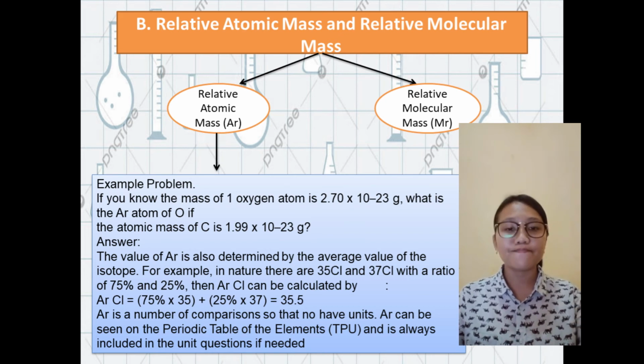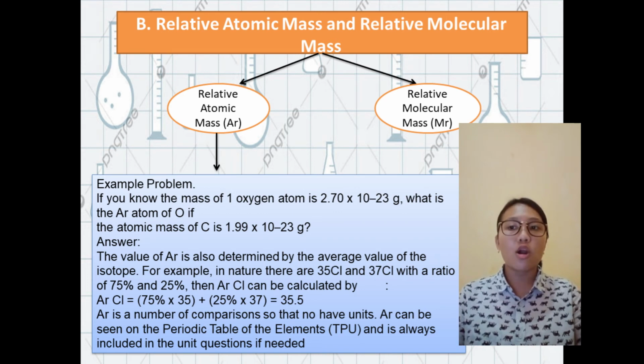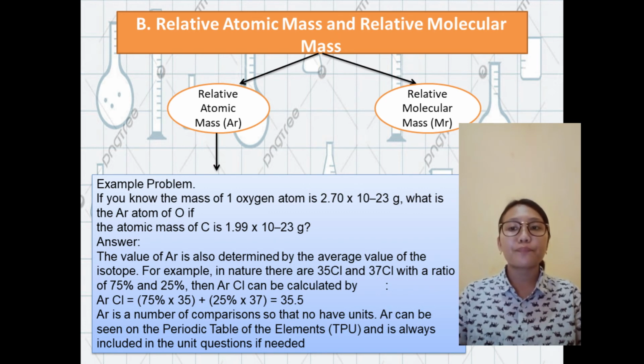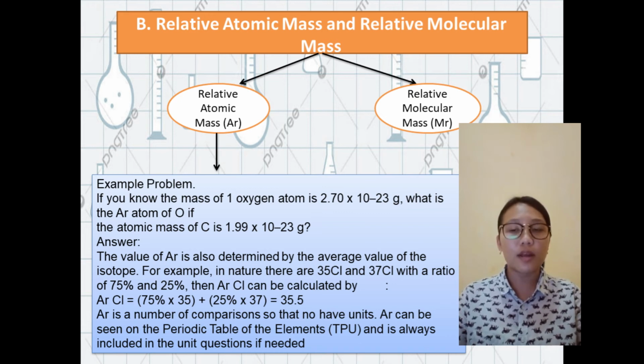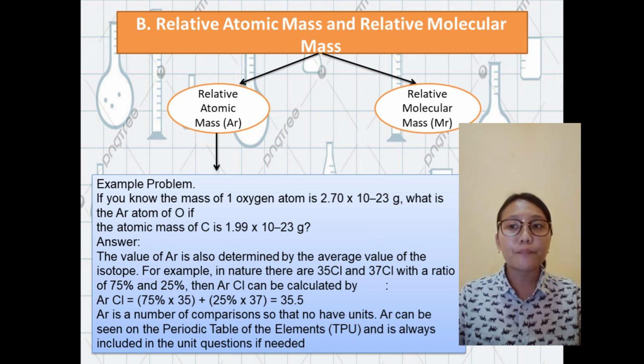Example problem: if you know the mass of one oxygen atom is 2.7 × 10^-23 g, what is the Ar of O if the atomic mass of C is 1.99 × 10^-23 g? Answer: